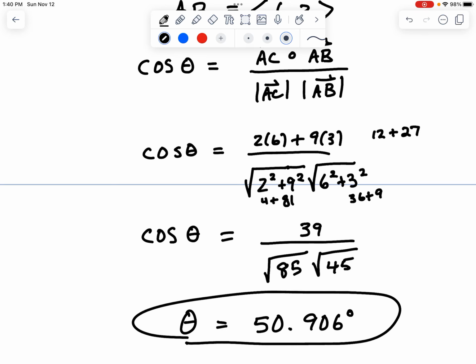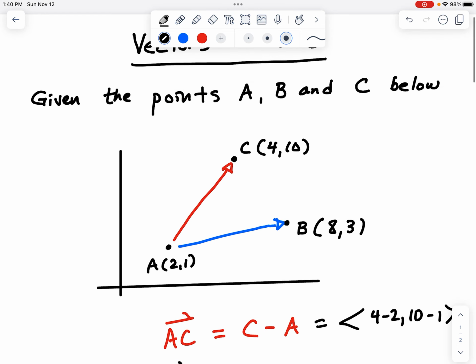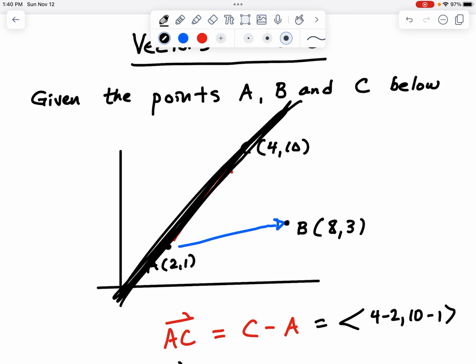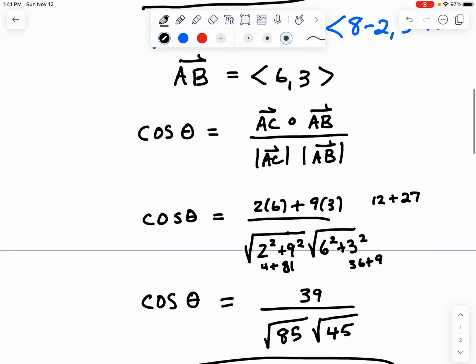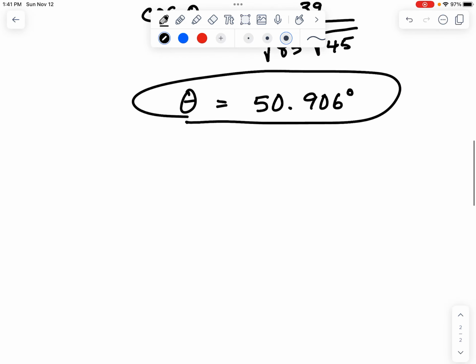And then the next thing that I'd like to do is find the equation of this line that goes through A and C. Well, the vector AC, that's going to tell you the direction of the line. And then you just have to pick one of the points and then add that. And then put a t right here. Basically, that stretches out the vector <2, 9>. So for the next part, the line